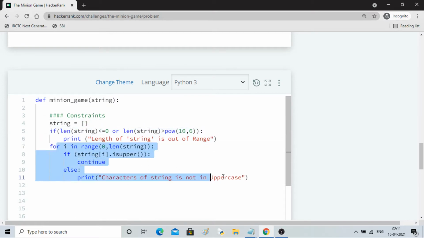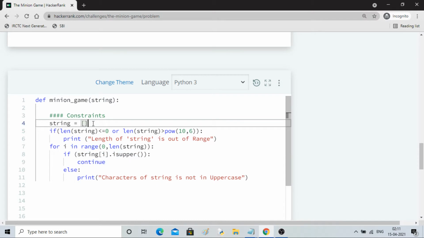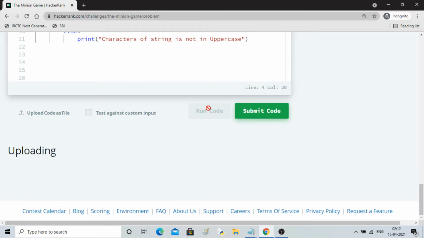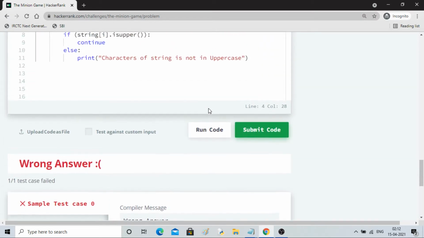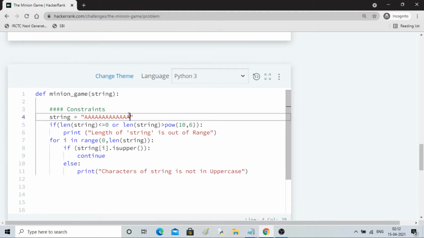Let's see this part. So if I write capital A, it should work properly. Yeah, it is working. Let me do one of the variables as small a.